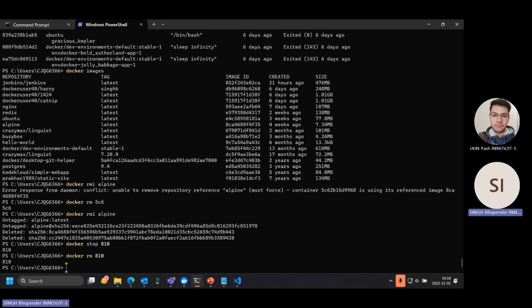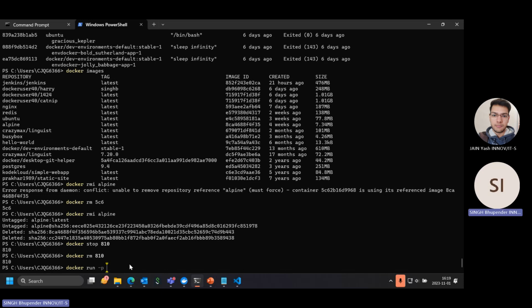Now, if you want to run a website or any application for that matter, we will use docker run. Using the -p, we will specify how to bind the ports. First comes the port of the host, that is our machine which is running it.